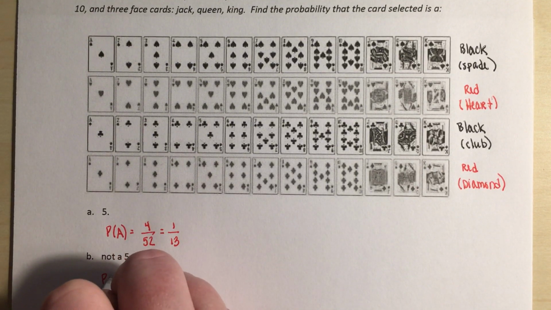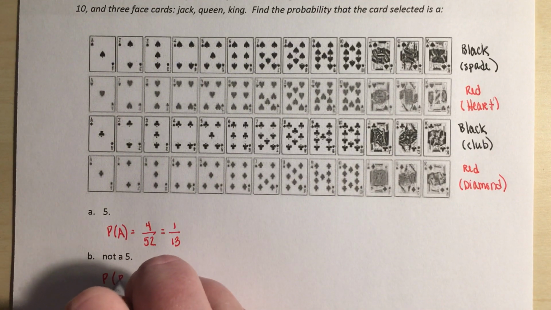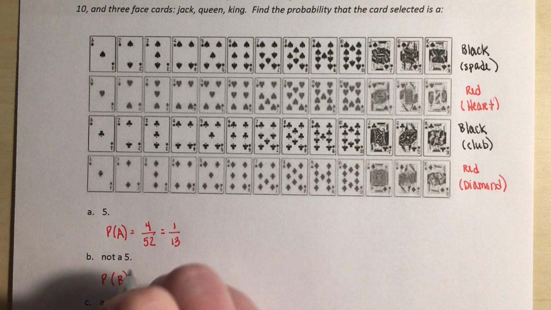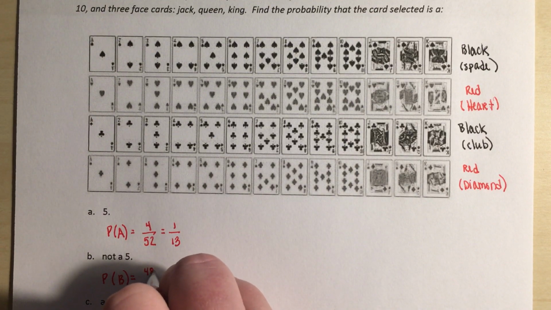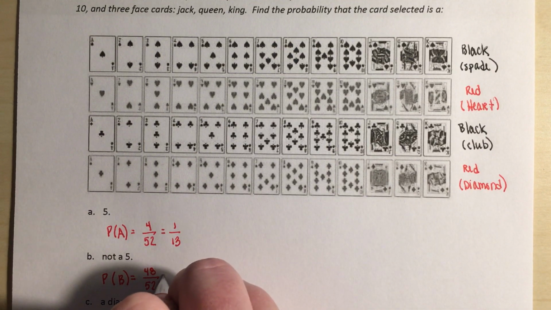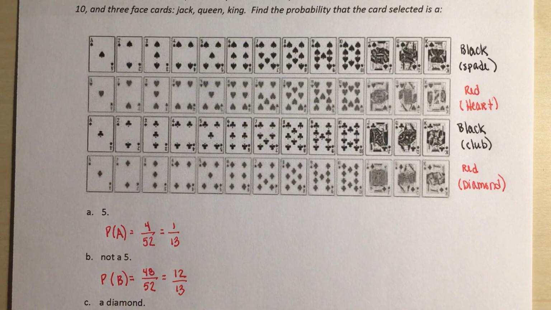Right, the probability of not a 5. Well, we have a couple of different ways of calculating this. If we have 4 5s, that means that the other 48 cards are not 5s. Right? That gives us 12 over 13 if we reduce it. Or